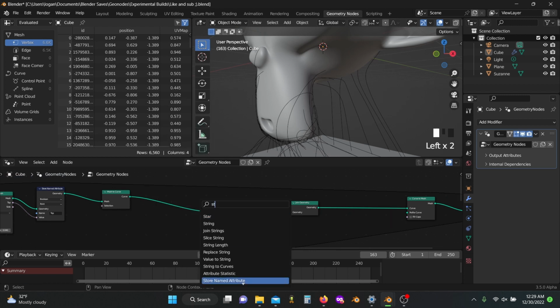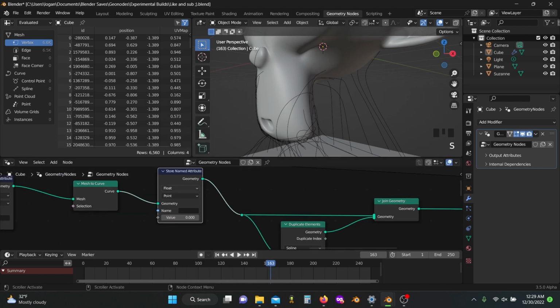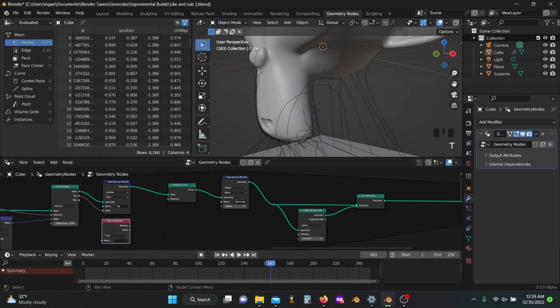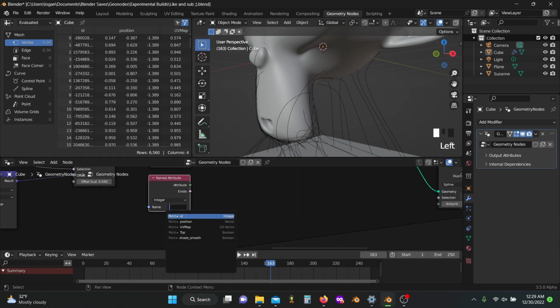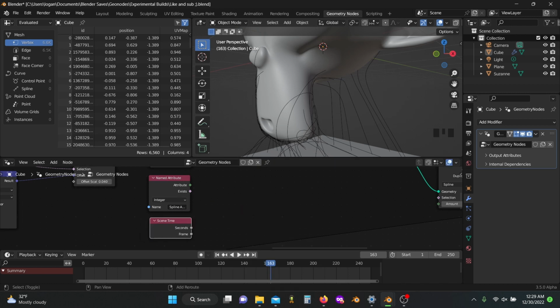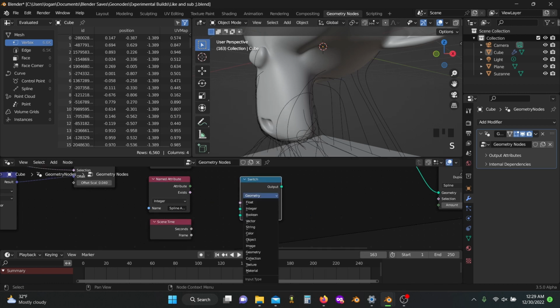Shift A and grab a store named attribute node. Set this to integer and spline. And I'm going to name this spline age. Now if I grab an attribute node, set this to integer as well, name it the same thing, then grab a scene time node and a switch node, set this to integer,